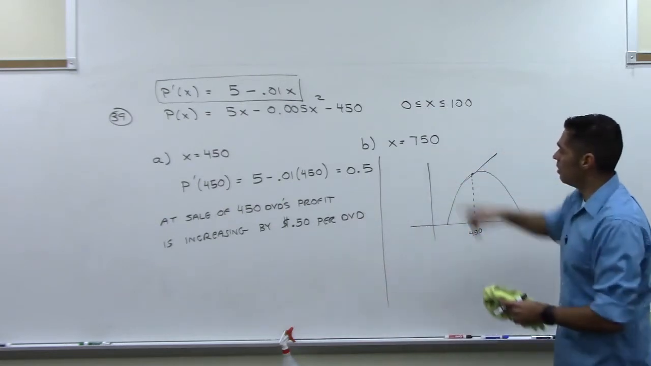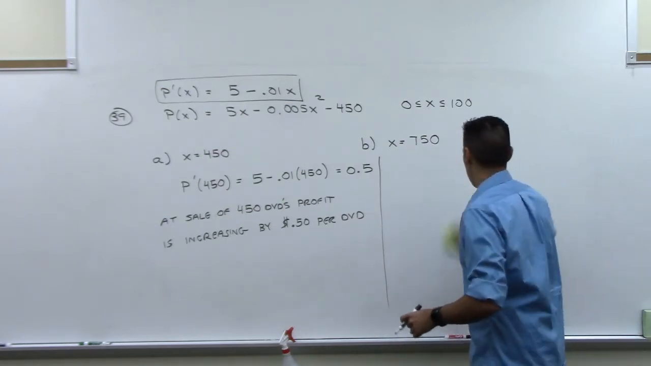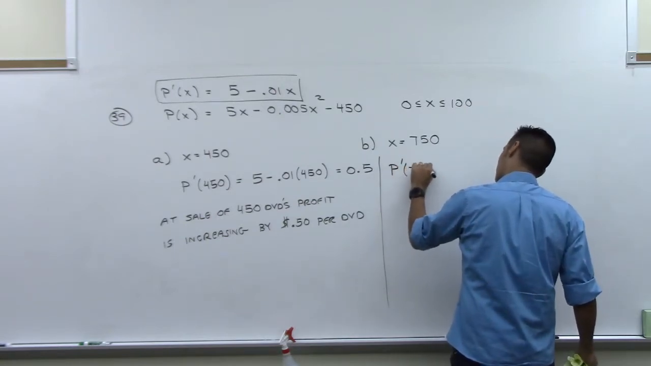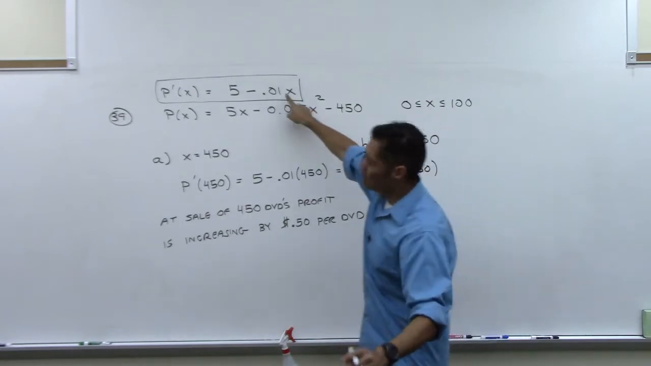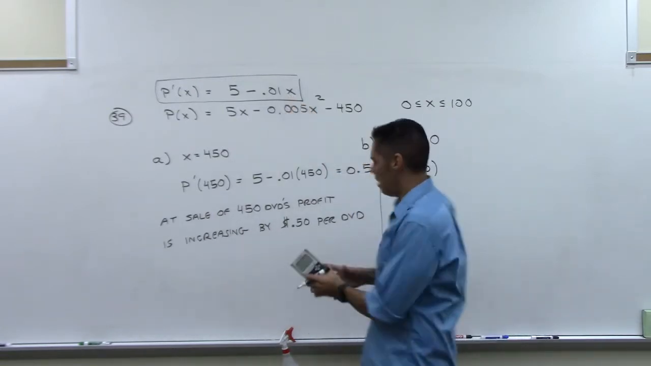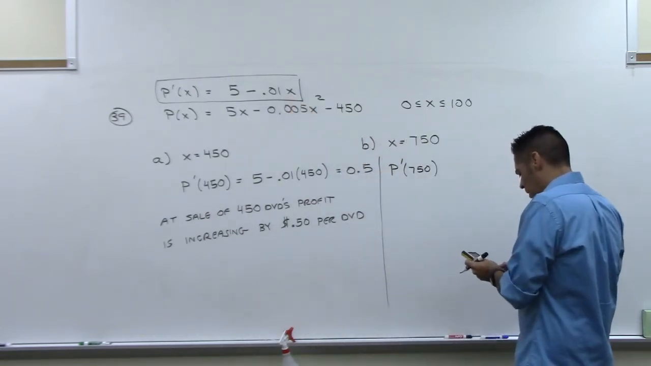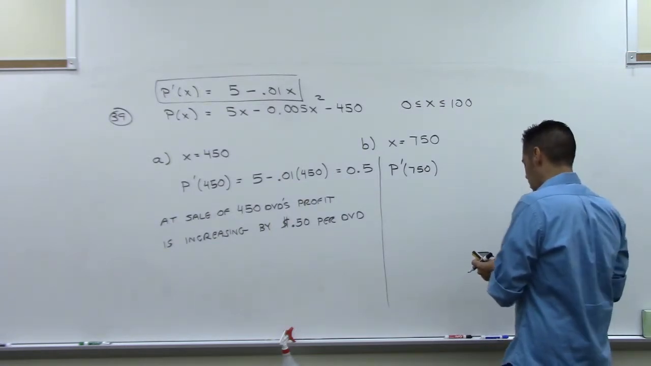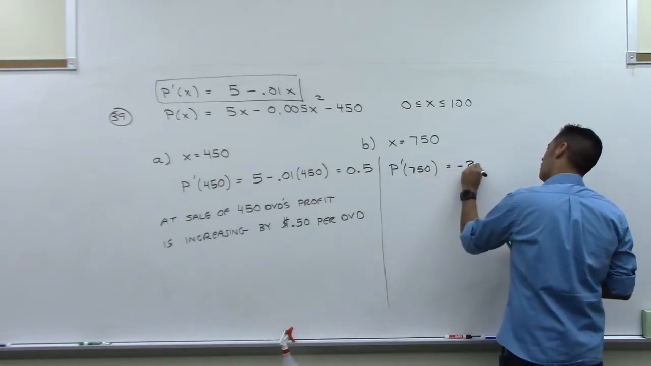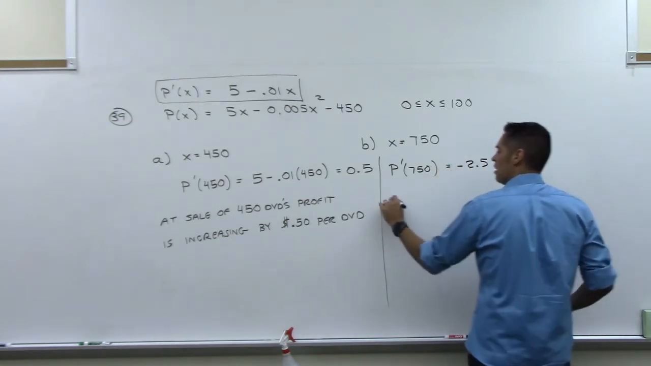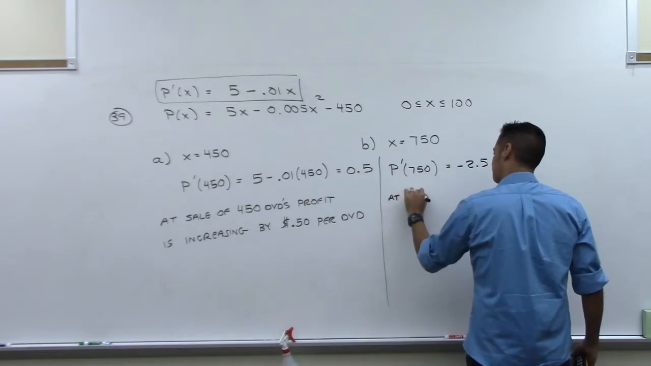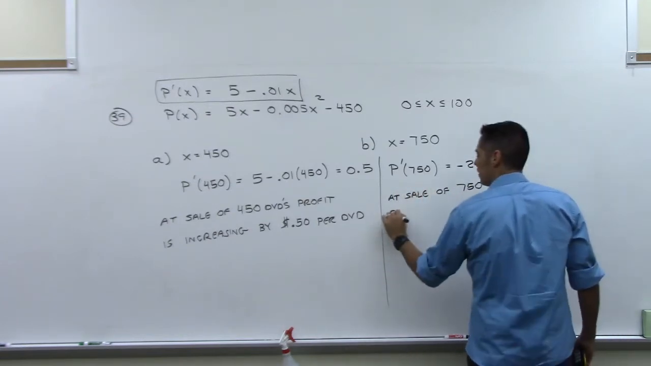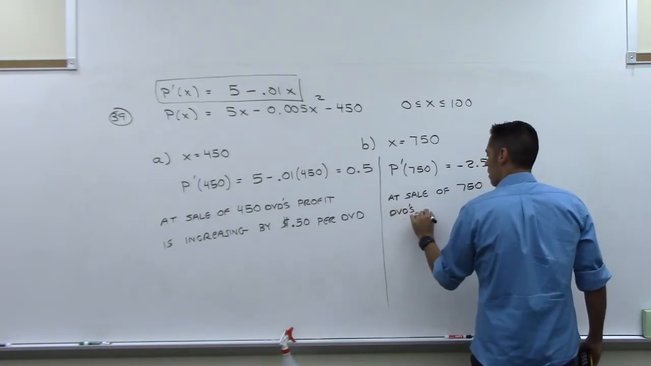As you can see, now we're going to go and see what happens when we plug in 750. So if we do our marginal profit at 750, and we compute that, so we're plugging 750 in right there. 5 minus 0.01 times 750, that's going to be negative 2.5. So what this means is at the sale of 750 DVDs, profit